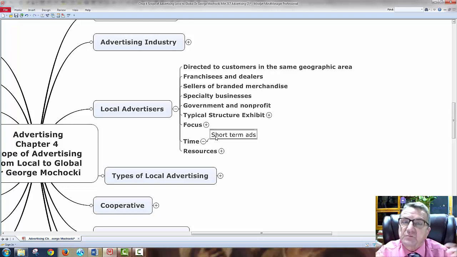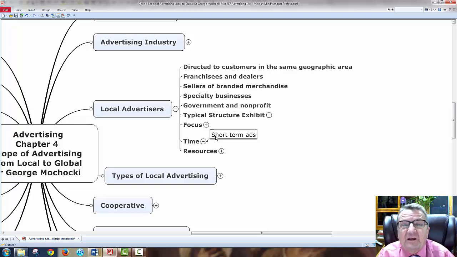A national advertiser is looking at strategy, to sell the product and sustain it over a long period of time. Not that local customers don't want to sustain it, but their timeline is a little different. They only have so much supply or inventory, they've got to get rid of it, and then they want to bring on the next inventory. They don't want to lose any money; they want to at least break even. Depending on where it is in the season, if the season is ending I will have more clearance ads, versus the season beginning, when I could charge a little more. Say, hey, we now have Christmas stuff in the summertime.